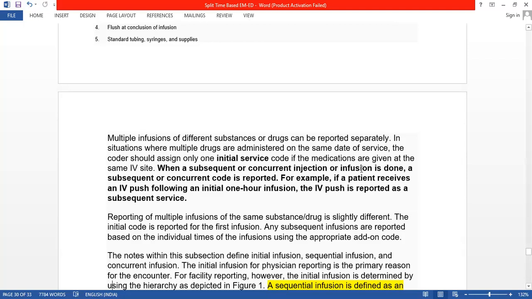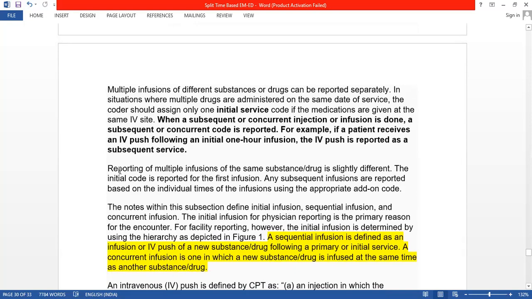And if the medications are given at the same IV site, the same IV route, all the hydrations, infusions and IV push are given through the same route, then you can only have one initial, right? Then for the rest you have to put add-on codes. When a subsequent or concurrent injection or infusion is done, a subsequent or concurrent code is reported. For example, if a patient receives an IV push following an initial 1 hour infusion, the IV push is reported as a subsequent service, right? So it means it's the same thing: one initial will be there and for the rest you will